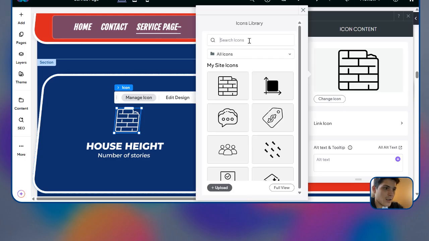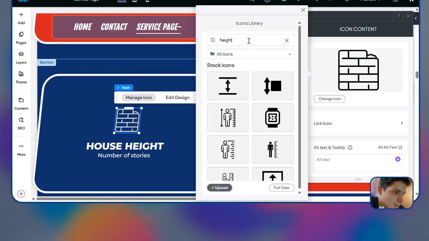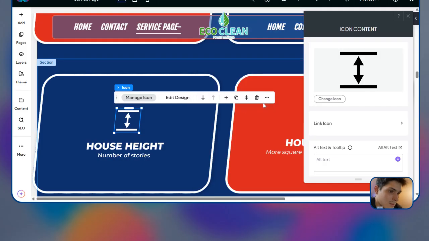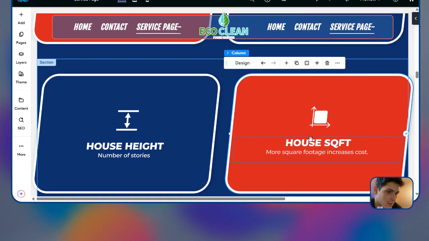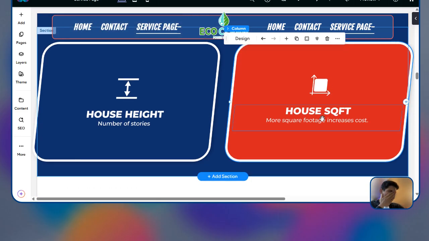And then we just want to get an icon that looks pretty good. House height, house square footage, material, those are the most important things, right? Then you might say